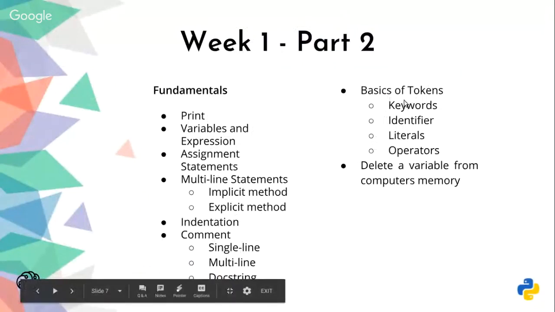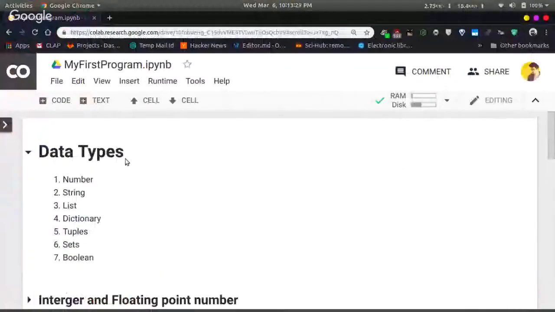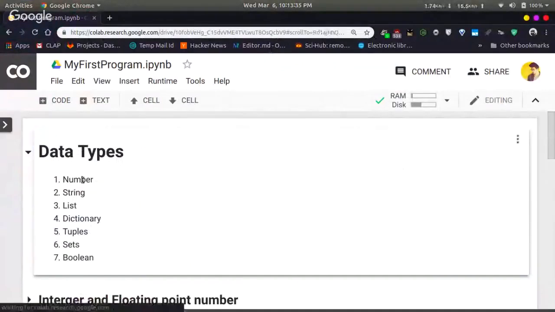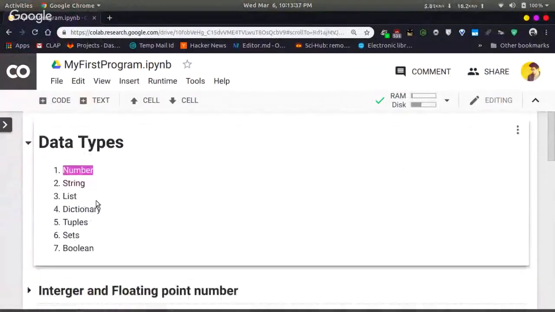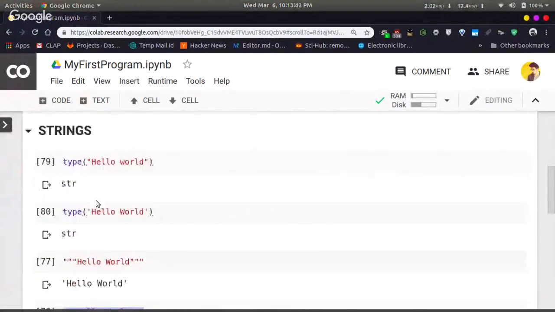And we have also looked at what is a data type. That is, different types of data are called data types. And in data types, we have looked at numbers. We started by looking at strings, and we will be looking at strings in detail in the next class.